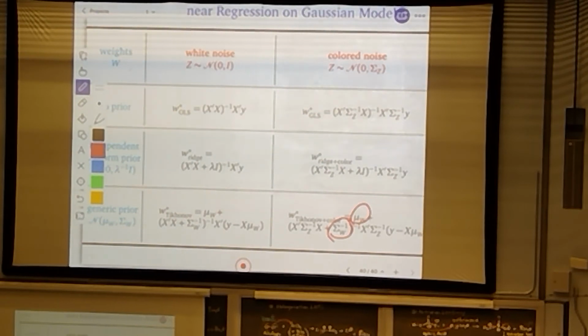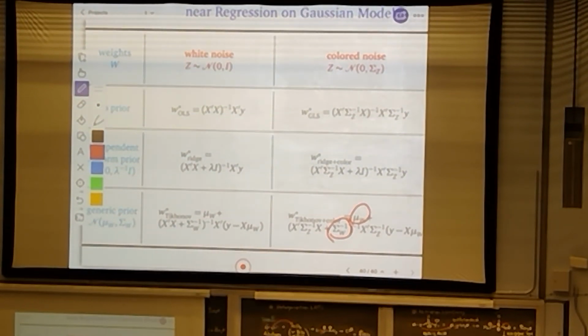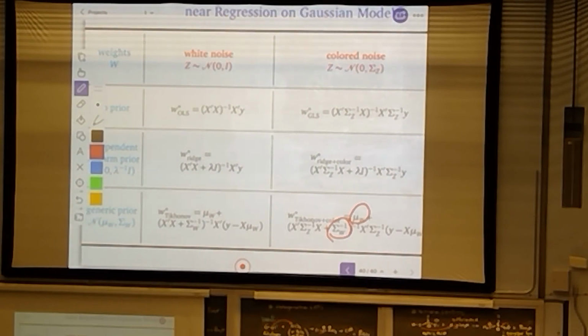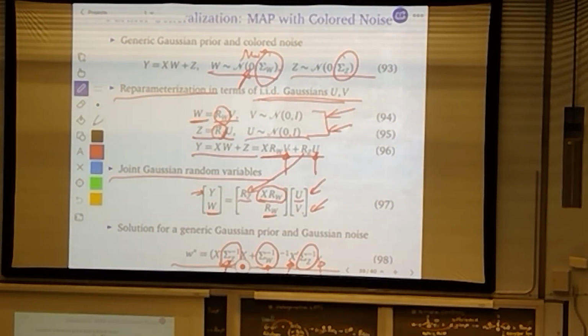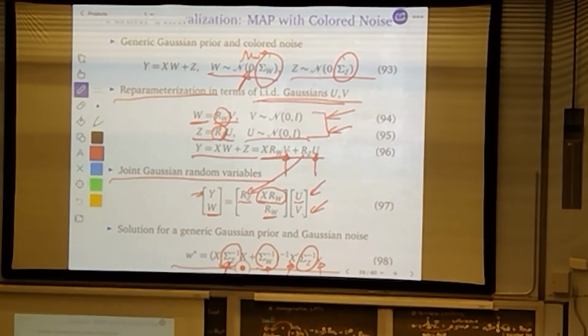So that's it for the linear regression. There's a lot of derivations, and for those of you interested in some of this derivation, you should look into the notes. It's actually a pretty interesting way of